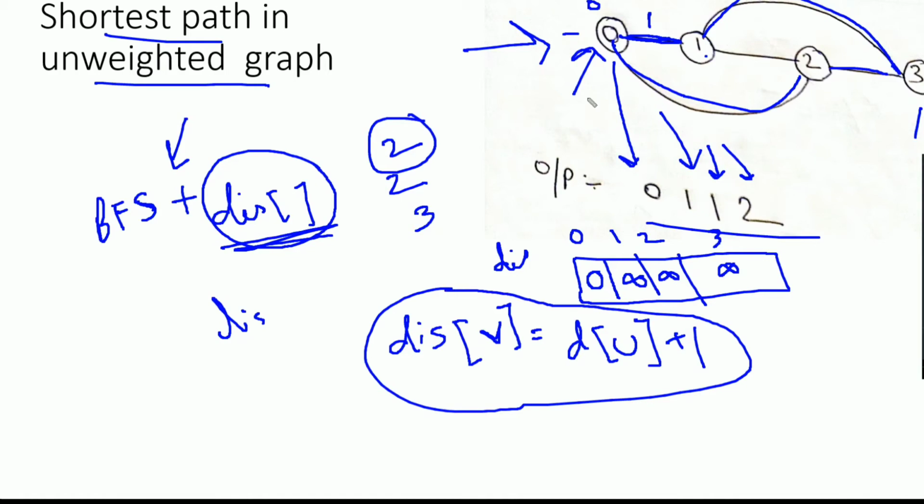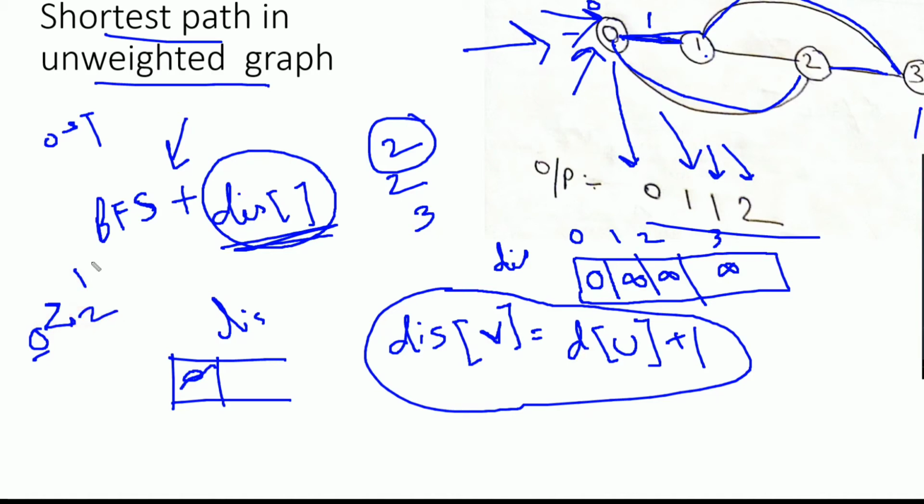If we traverse this graph in BFS manner, suppose our starting vertex is 0. In BFS, we will first make a queue, push 0 inside the queue, and mark visited of 0 as true. So suppose 0 is visited. The next step will be to pop vertex 0 and iterate its adjacent vertices. If we see 0, the adjacent vertices are 1 and 2. So our next step will be to iterate the adjacent vertices from vertex 0.